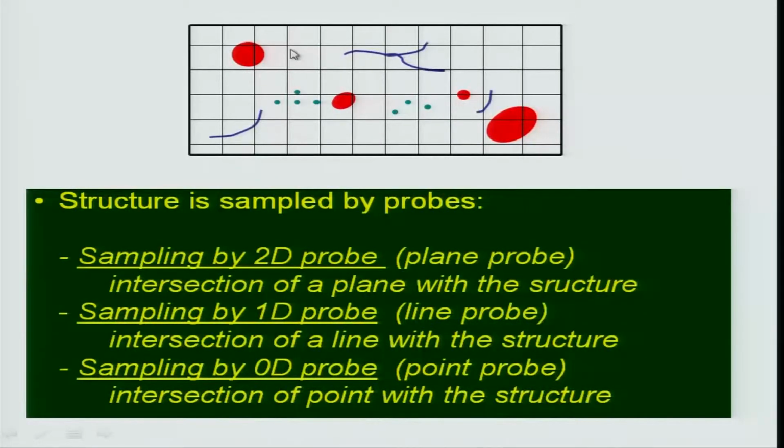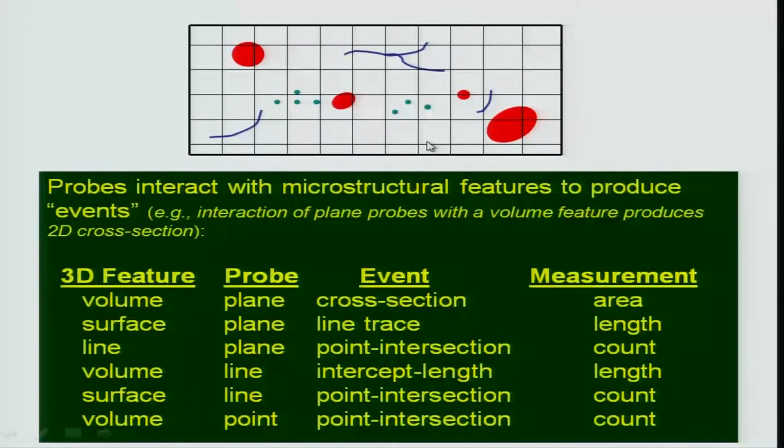Similarly, if I look at the 0-dimensional probe, we can look at the intersection of the horizontal lines and the vertical lines, which are the points. So, these are the point probes. So, I could see the intersection of the point with the 3-dimensional particles, and we will see what kind of measurements we can make with these intersections. So, going to the next slide,